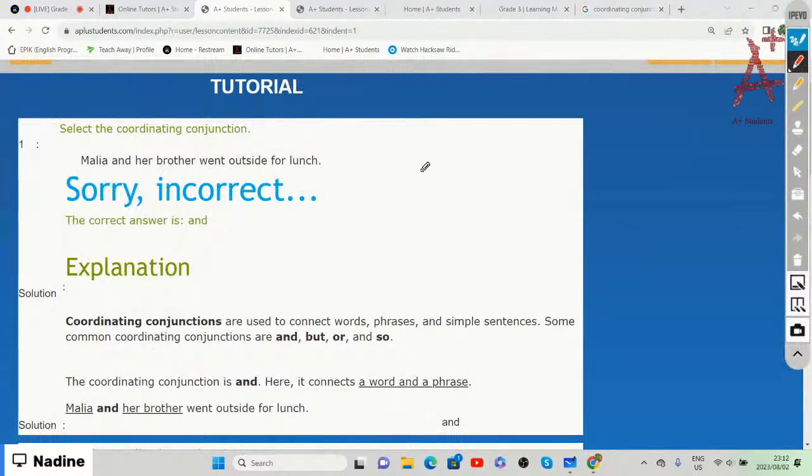If we choose the coordinating conjunction, we're going to choose "and," right? "And" connects a word and a phrase, which is Malia, the word, and the phrase her brother. Malia and her brother went outside for lunch,